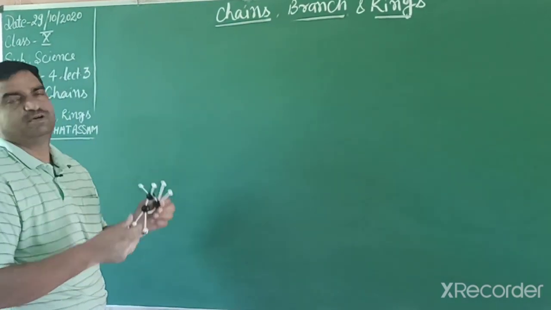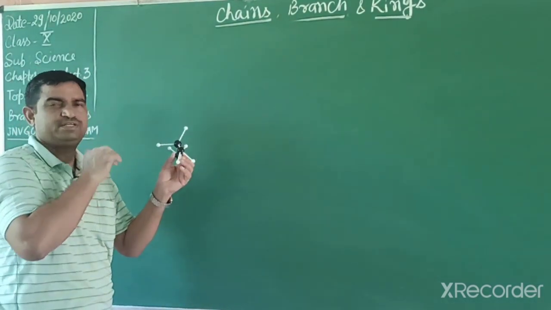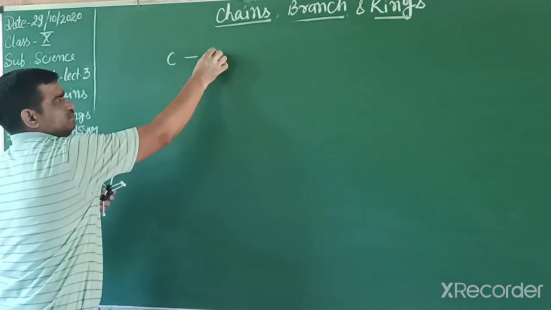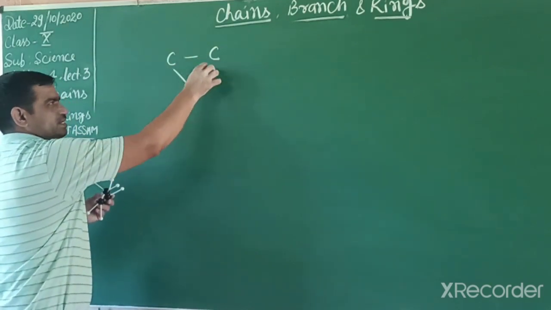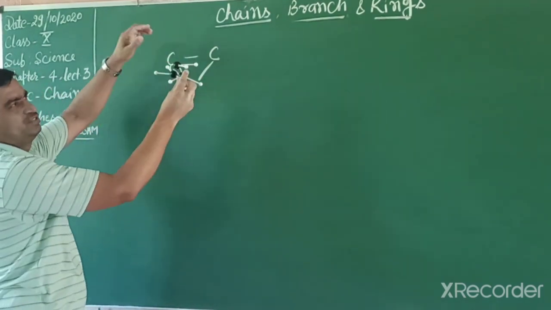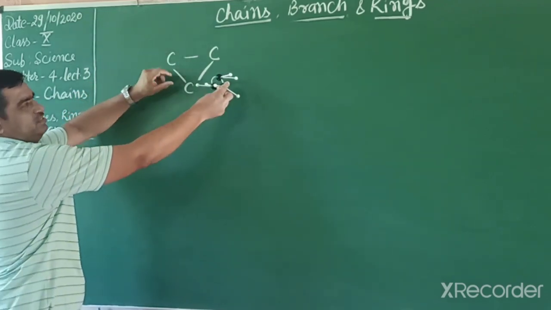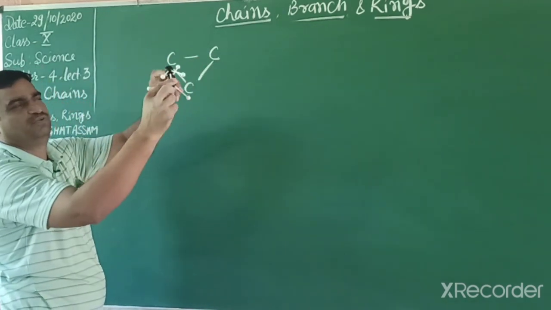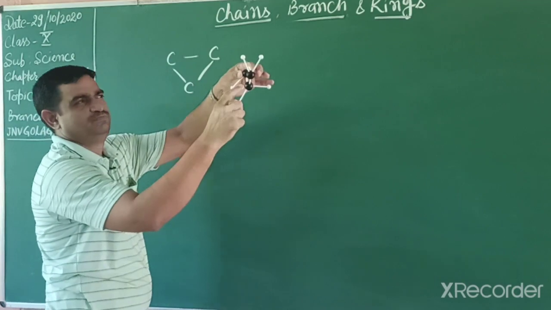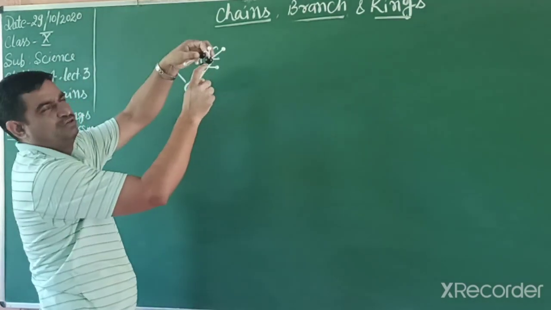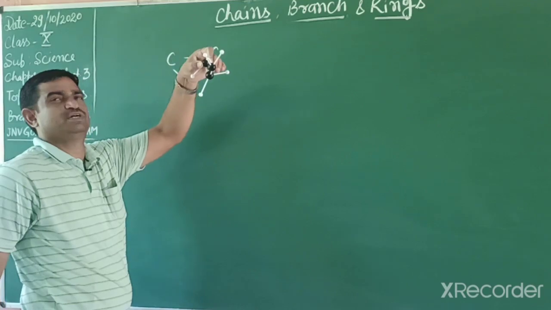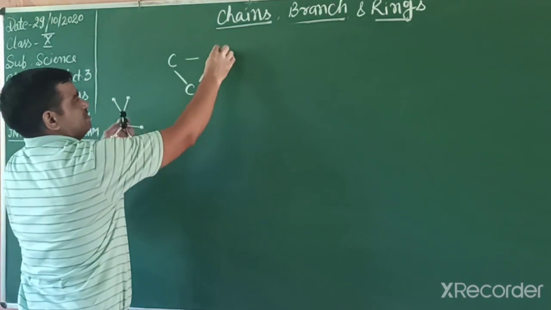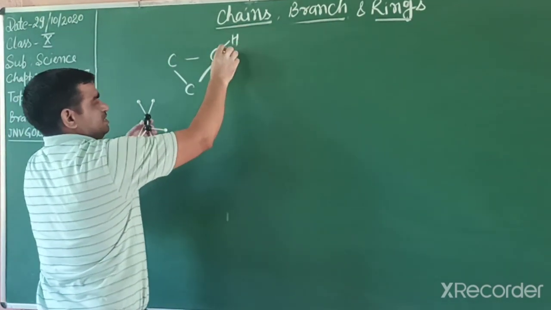Students, carbon compounds can make ring type compounds also. For making a ring, we require at least 3 carbon atoms. So with 3 carbon atoms, they can form a cyclic form like this. Students, you can observe there, that is a cyclic compound or ring compound. Between carbons there are also single bonds. So such a compound is also a saturated hydrocarbon, but their name is slightly different. How can we complete it? Valency you can write here.